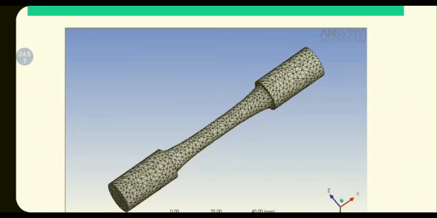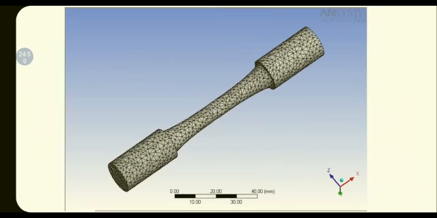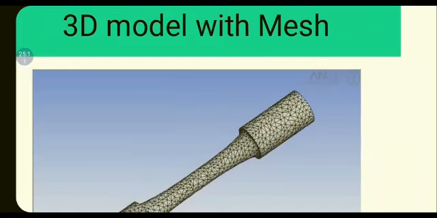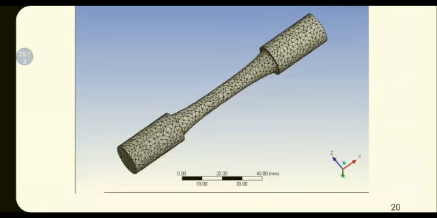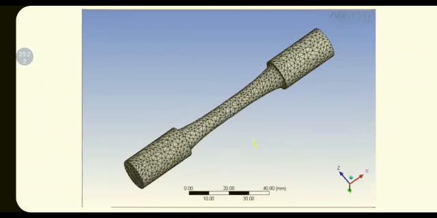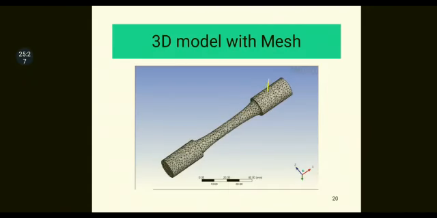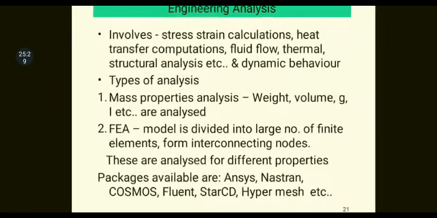3D model with a mesh, which is developed in ANSYS. Actually, this is an ANSYS diagram, developed just for your reference. See, it is given, ANSYS version 10. Even the latest versions are there. One simple example to understand what exactly the model is and how it is developed, how it will look like at least. Fine. Model with mesh. The next one is